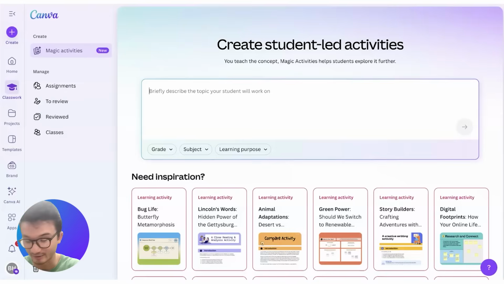So using my prompt like a pro formula, remember we always start with students will be able to. Okay, now I need to think about what they're actually going to be doing. So I want them to be doing a cross-curricular project. And let's make it something related to sustainability this time. So students will be able to design an innovative solution